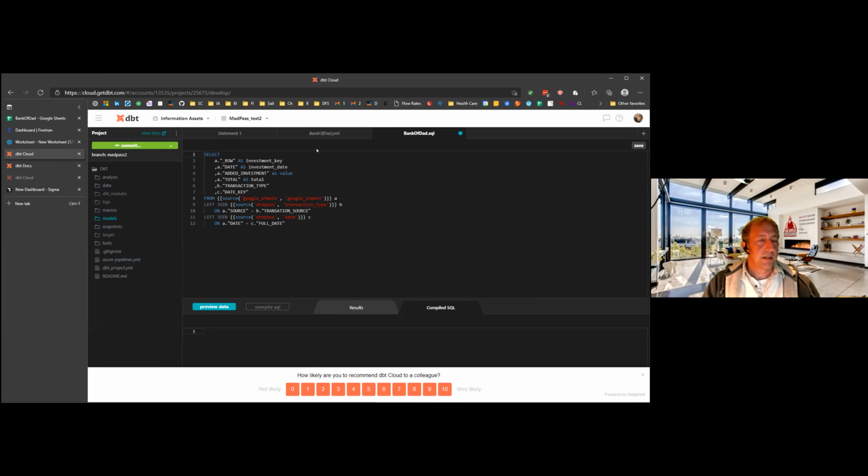Creating a new project isn't really that exciting. So here you can see my models directory. And, as I discussed earlier, a model could be a view. A model could be an instantiated view, right, where you take the view and you actually set it down on disk, which you can do in SQL Server 2. A model could be a table, or a model could be a table that's set up for incremental loads. They're all called models, which I don't like, but that's what it is. And you can't change it.